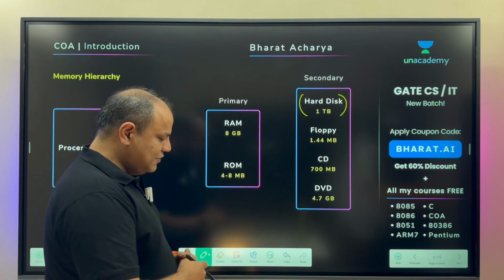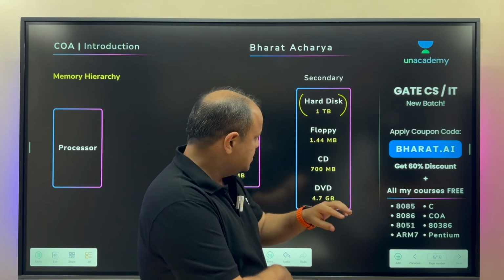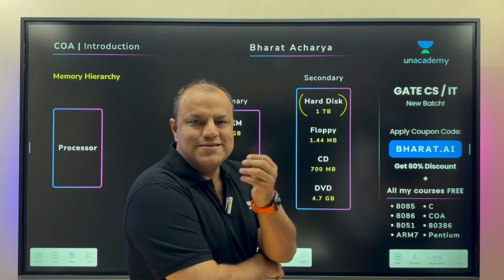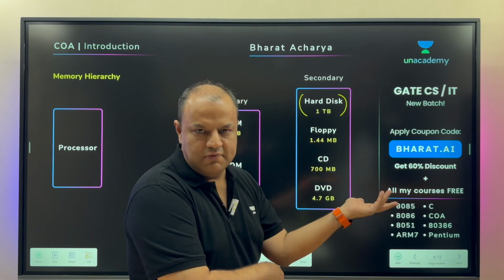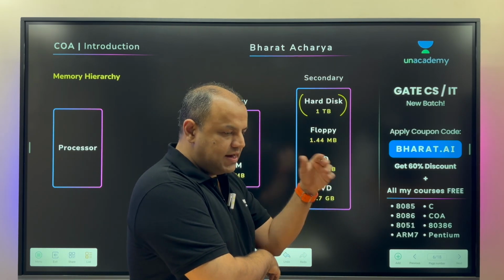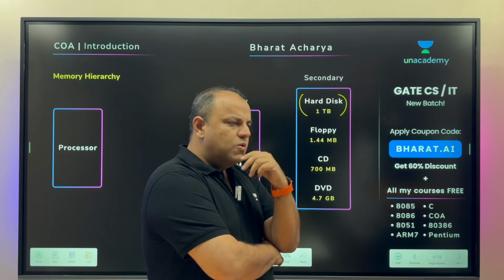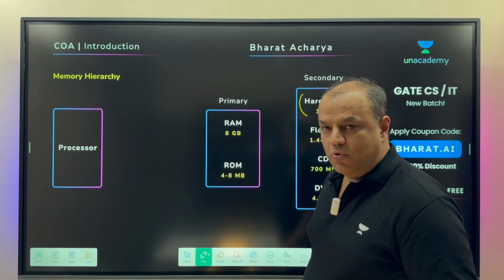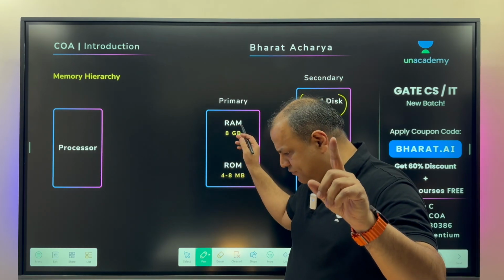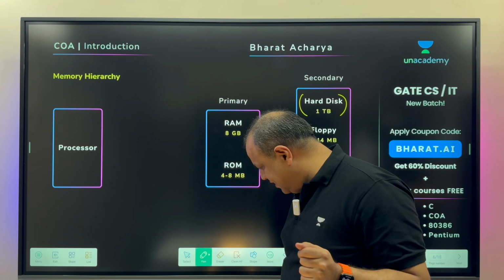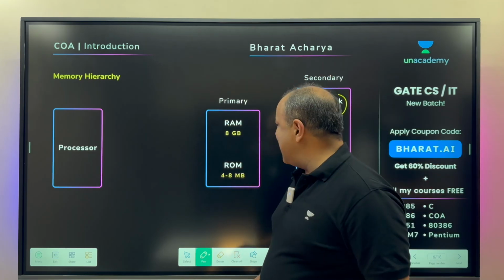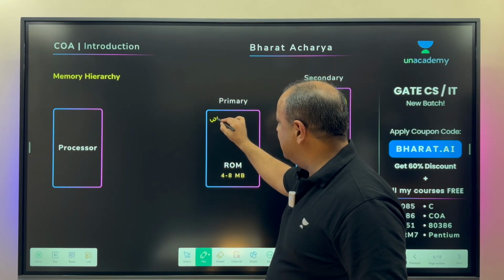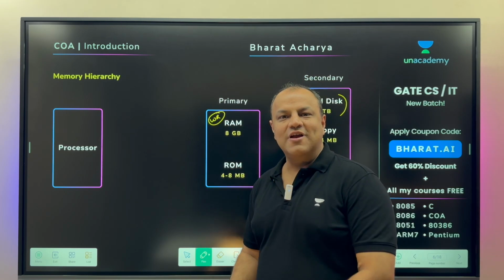Now, I have this very interesting question. I don't want to remove these because I need some form of portability. Even if they go, a pen drive will come and so on. So these I understand are for portability. What about the hard disk? Tell me, what was the good property of RAM? Just the good thing of RAM over ROM. Why did we need RAM? For writing. RAM was a writable form of memory. I'm just writing the word WR. It was writable. Are you clear?